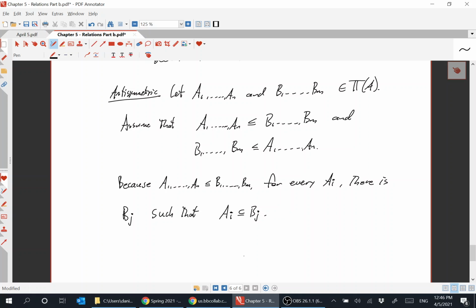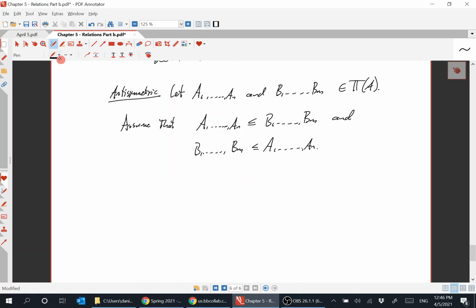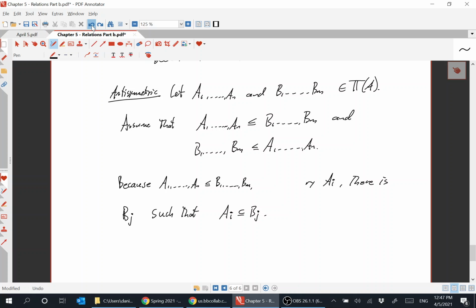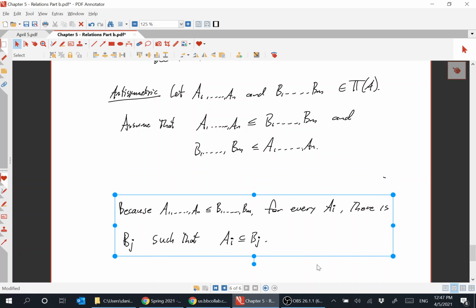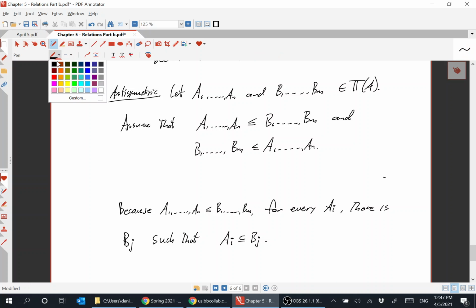Okay, so consider the set A1. So within that, I guess I shouldn't have erased that. Consider the set A1, the block, sorry, A1, in that partition A1 to AN. So consider the block